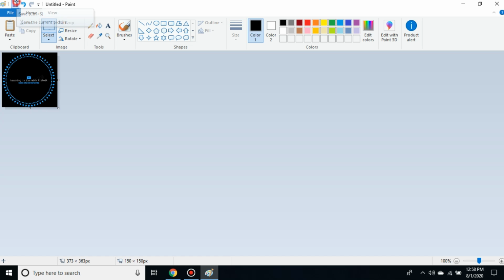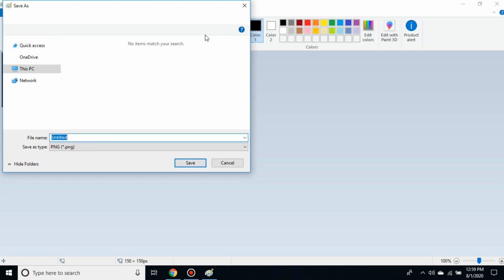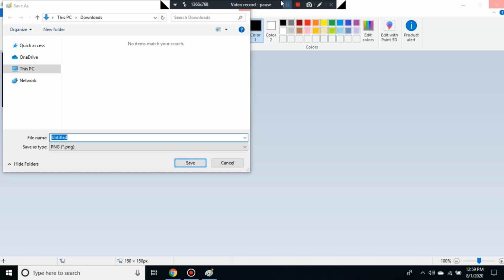So after that what you have to do is save. This option appears here, so it will open for saving.